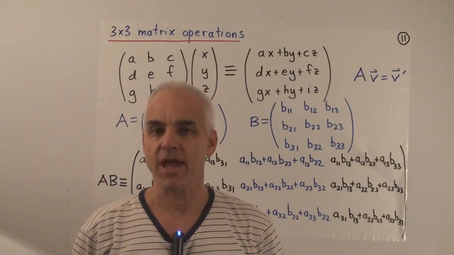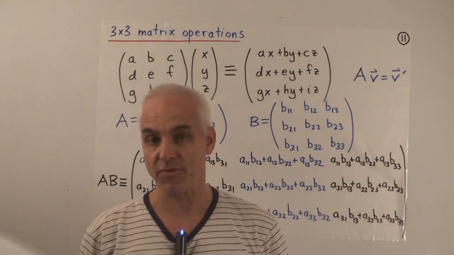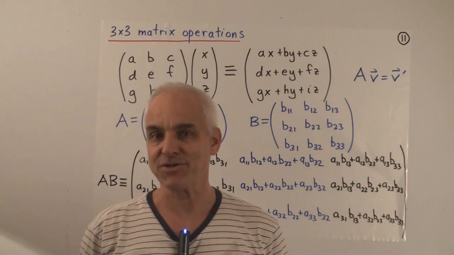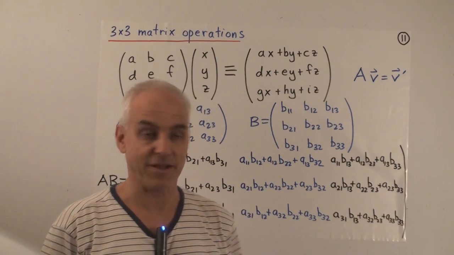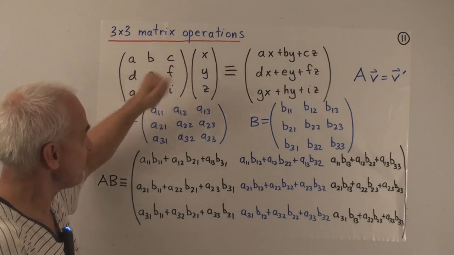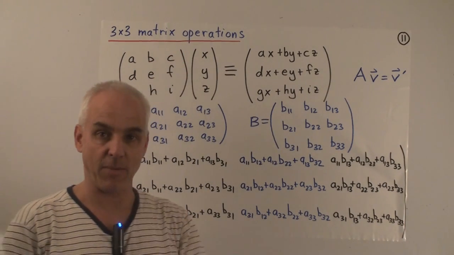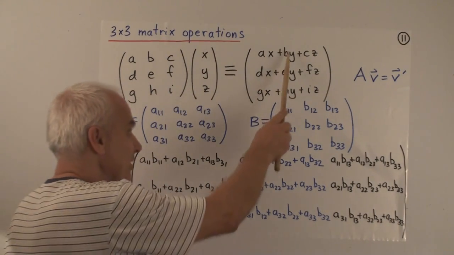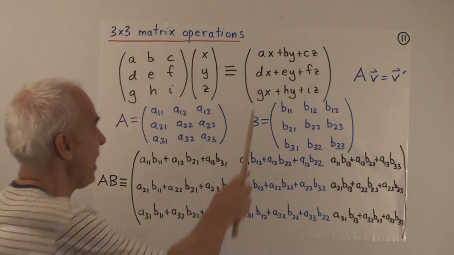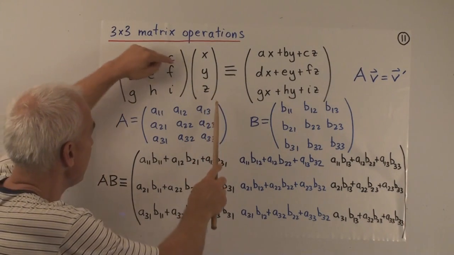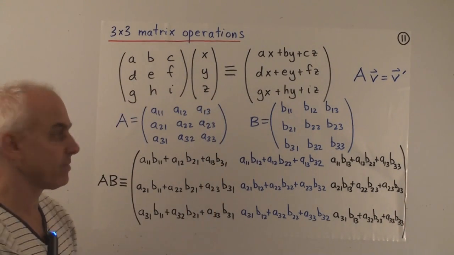So now let's have a look at the matrix operations for 3x3 matrices. These are completely analogous to the 2 by 2 ones that we've already studied. So here's a 3 by 3 matrix times a column vector. That's the first thing that we defined. And it's defined in exactly the same way. The result is another column vector, and the entries, there are 3 of them, are obtained by multiplying this column by each row of the matrix.